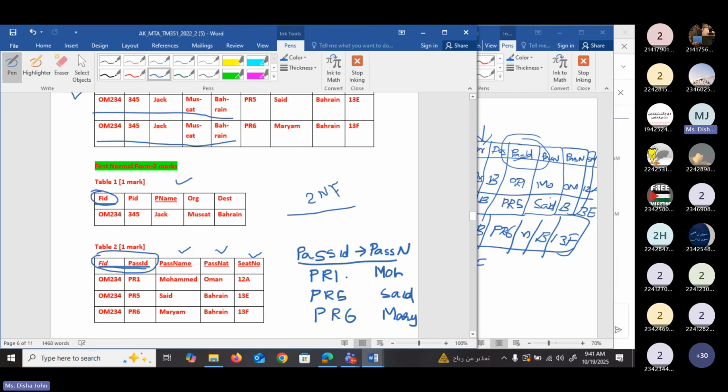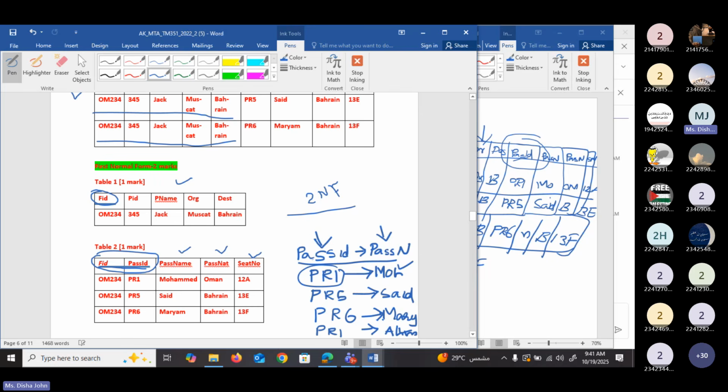Why is it a dependency? What is meant by dependency is that each value of passenger ID is related with only one value of passenger name. PR1 is only related with Muhammad, PR5 is only related with Said, and PR6 is only related with Maryam. For example, if I write one more row, let's say PR1 Ahmad, it is not a dependency, because PR1 is related with two values: PR1 is related with Muhammad and PR1 is related with Ahmad.